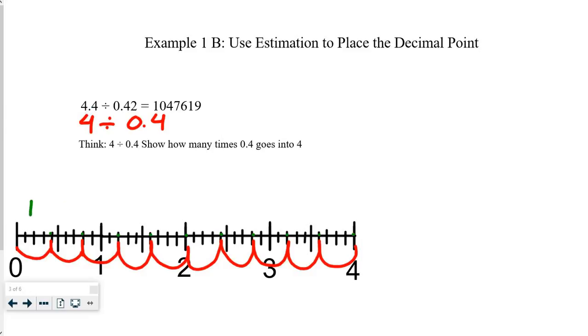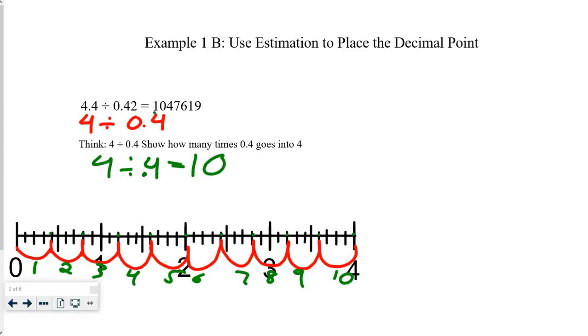Sorry, I'll count on this side so it may be a little easier: 1, 2, 3, 4, 5, 6, 7, 8, 9, and 10. So we know that 4 divided by 0.4 equals 10. So then when we take this number, it must equal